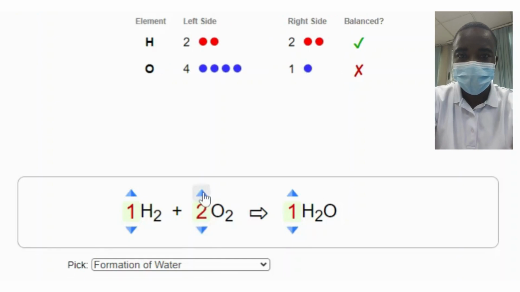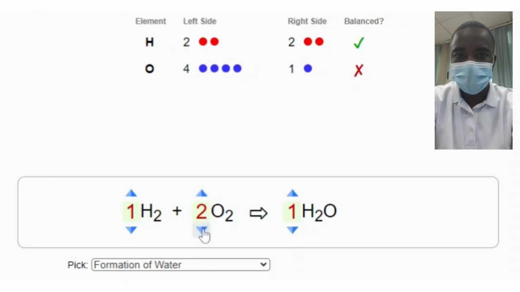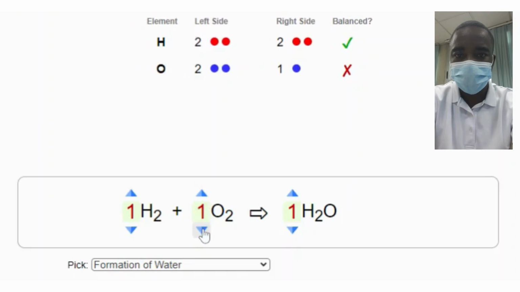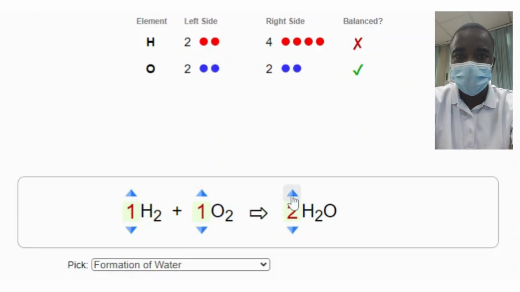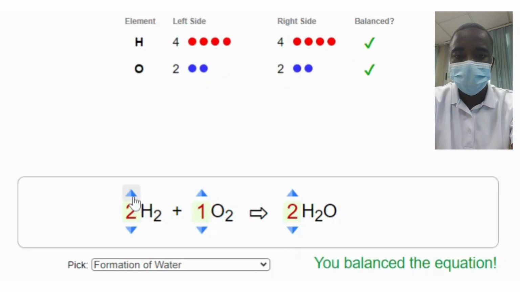The simulation allows students to tap up or down arrows to adjust the number of molecules, ensuring that the total number of atoms of each element on both sides of the equation is the same. A chemical reaction is a process that leads to the transformation of one set of chemical substances into another. During a chemical reaction, the atoms and molecules of the reacting substances, reactants, interact chemically to rearrange and form new